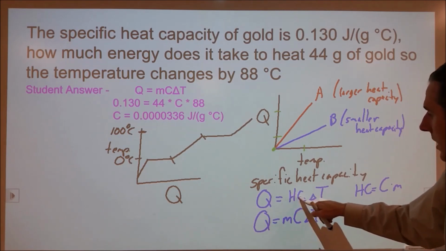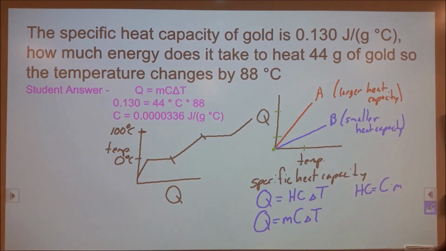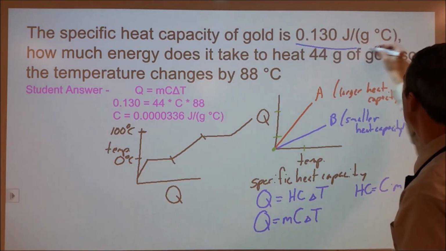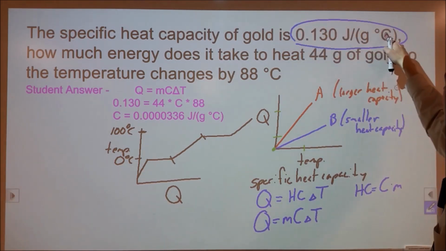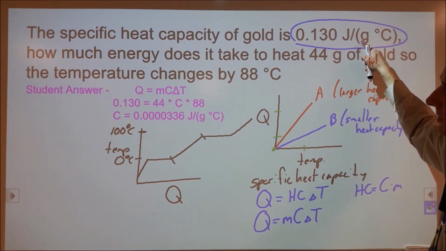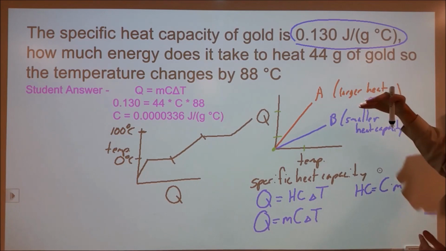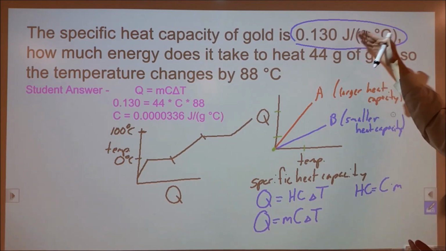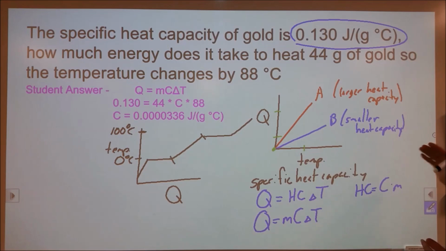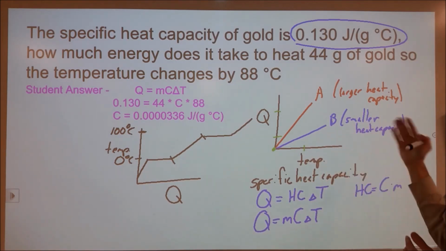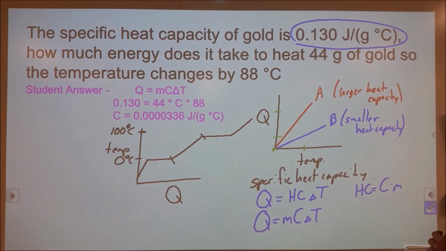Now when I say hc here, this is the heat capacity, the slope of this relationship here. That's equal to the specific heat capacity times the mass. So if I had the heat capacity, the slope of that line, I could divide that by the amount of substance and get my specific heat capacity for that substance. So knowing that, when I go back and look at this, this is clearly the slope of energy versus temperature divided by the mass. This is my specific heat capacity. It's telling me how much energy this substance is capable of absorbing per gram per degree Celsius heated. And that should then navigate my calculation method rather than this response here. Okay, a simple wrong would have done just fine, but